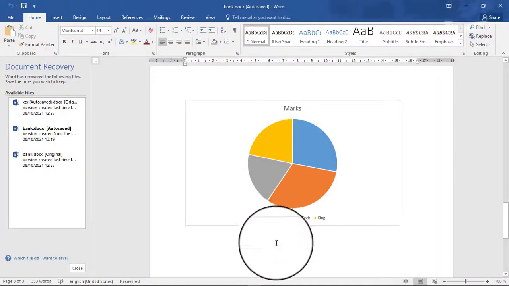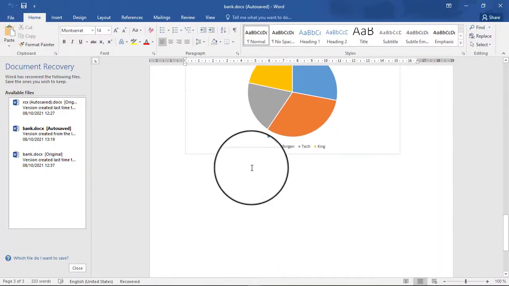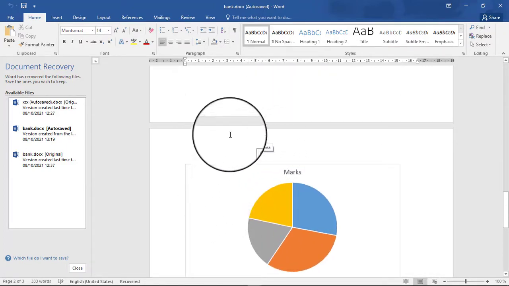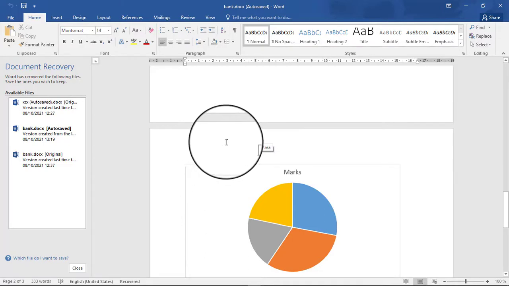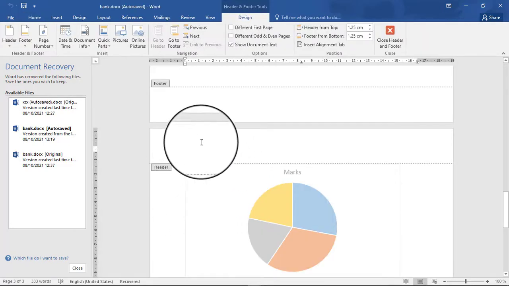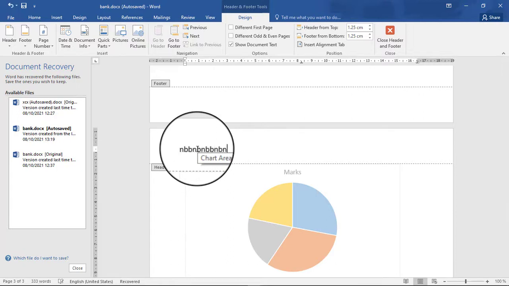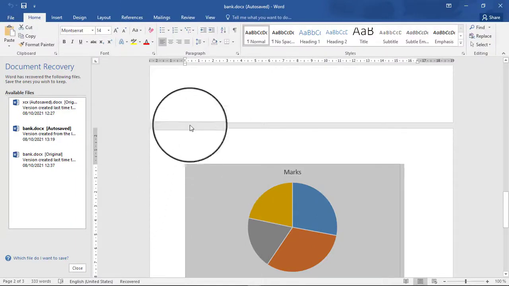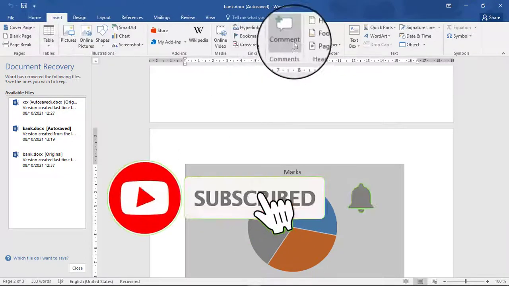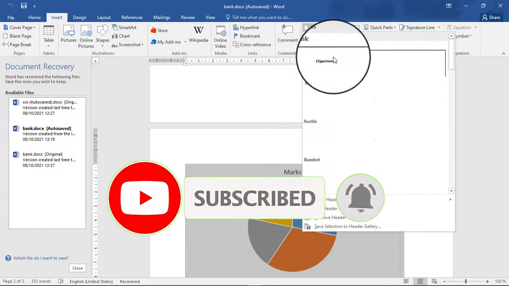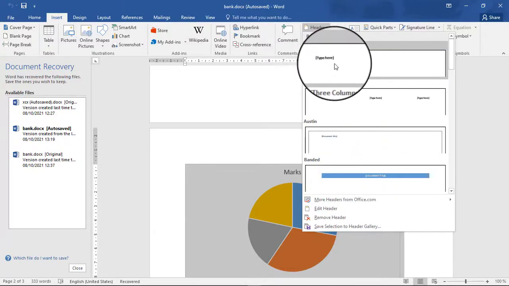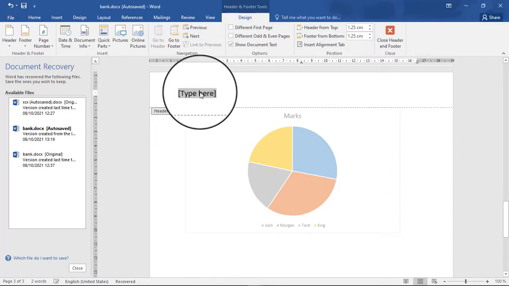So another thing, we are going to insert the header and footer. Inserting the header and footer, alternatively, you can double click up here. You just have to double click and you insert the header you want. If not that, you just have to go to insert, then you move to header, then you select which formatting you want, then you go to I want it blank. So you type here what you want on your header.